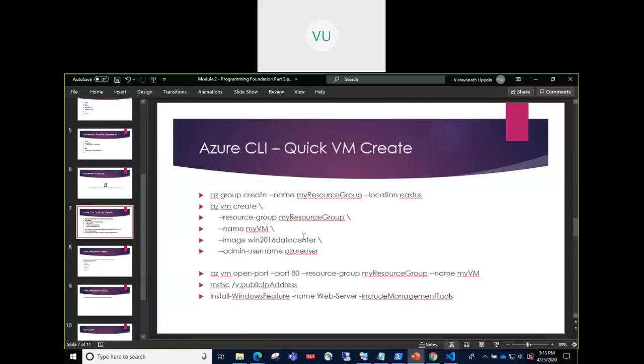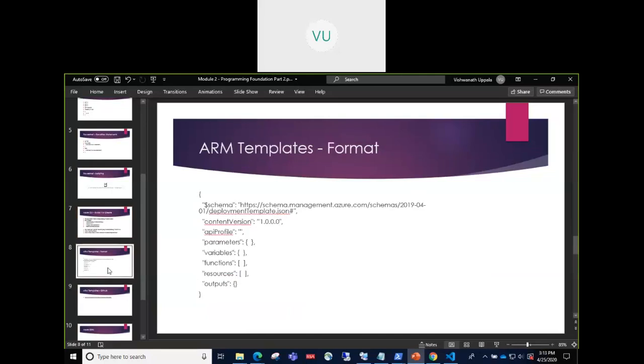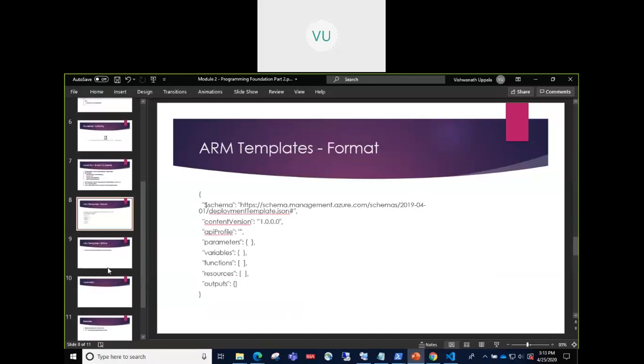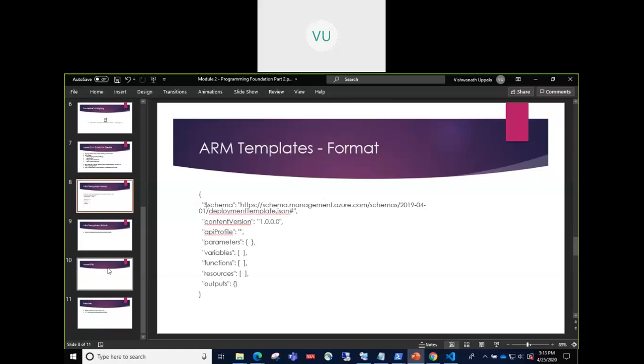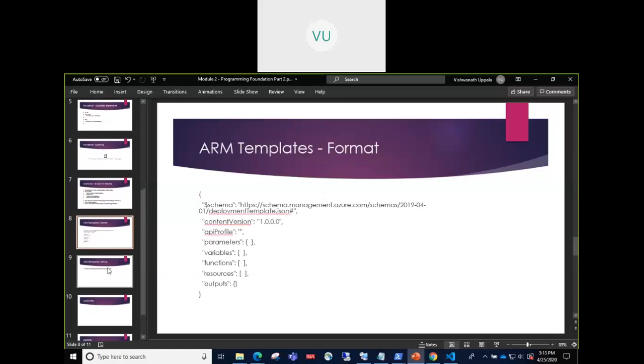PowerShell will take this, convert these commands into REST API calls, and then the REST APIs will go and provision your resources. Even the CLI Bash will convert all these things into REST API. The Azure SDK will also do the same. That is the last level, on the Azure Fabric basically, I would say, which hosts these ARM APIs, which will go and create these resources for you in the portal.